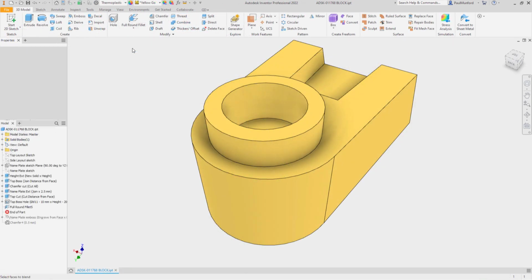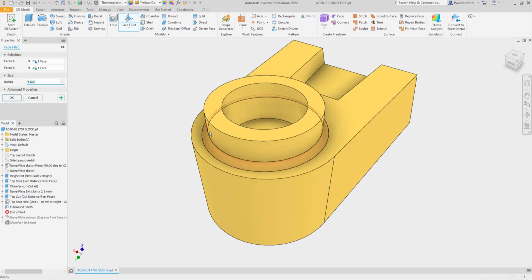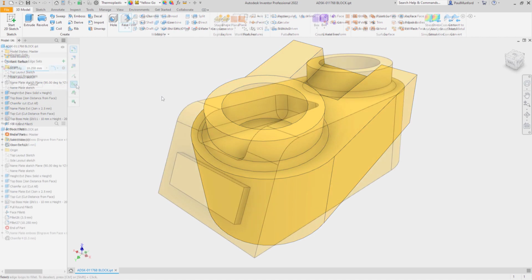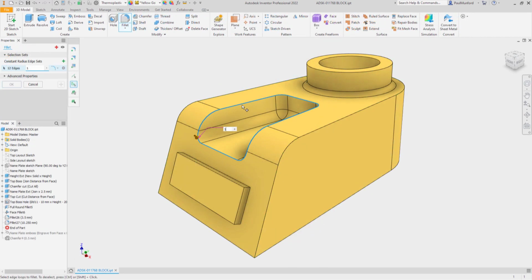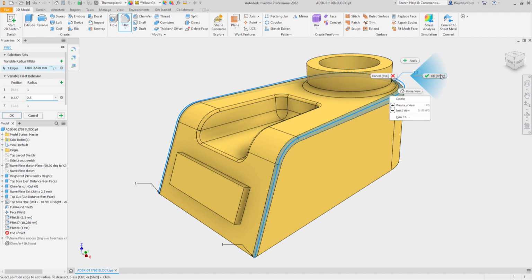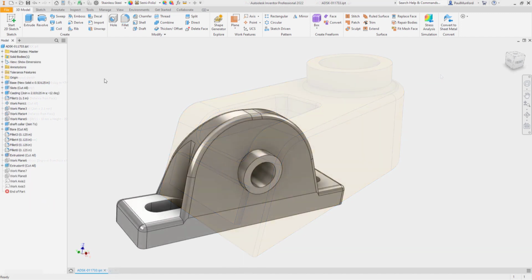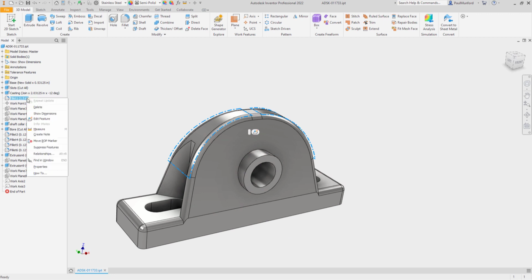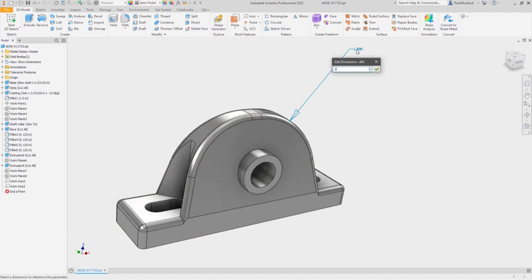The fillet command is now a property panel. Use the new tool palette to switch between fillet types: edge fillet, face fillet, and full round fillet. The new fillet panel provides a more streamlined and intuitive workflow, which will speed up the creation and editing of fillets in your models. When editing feature parameters in place, feature dimensions now display with an extended leader line. This provides a better view of the feature dimension itself and any effects any changes will have on the model when editing.